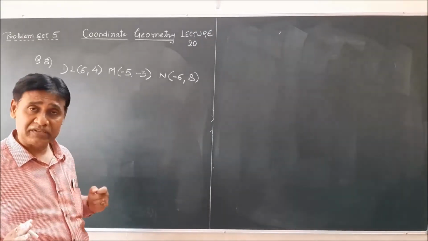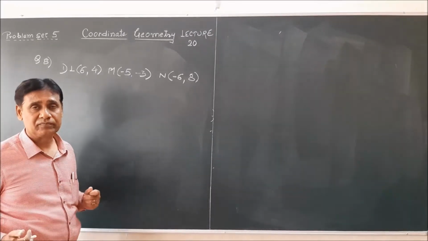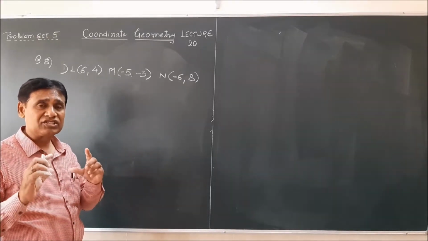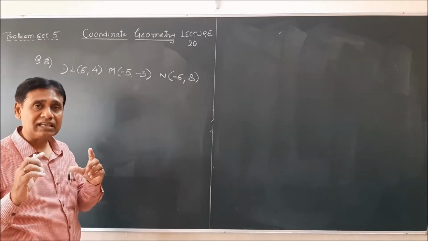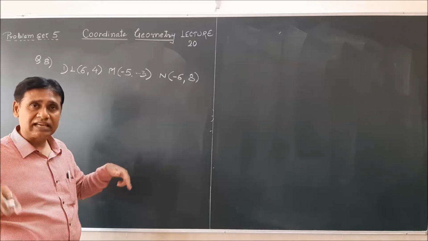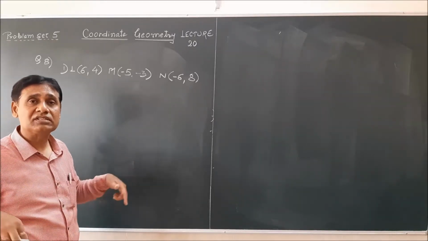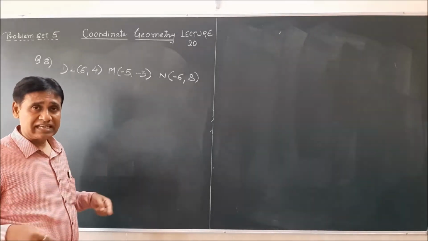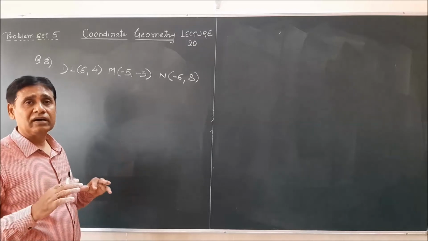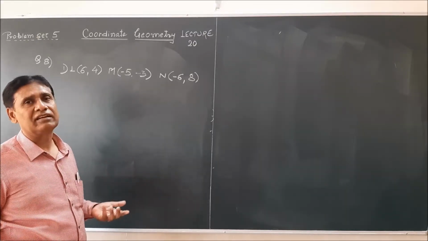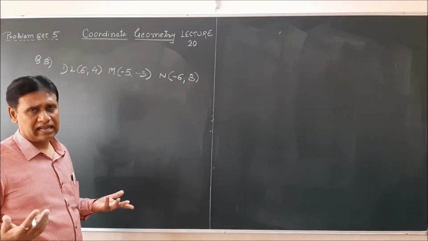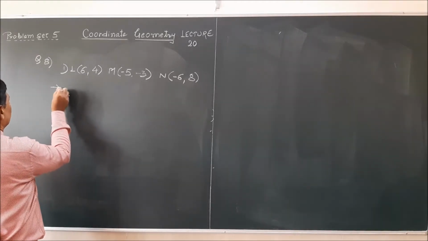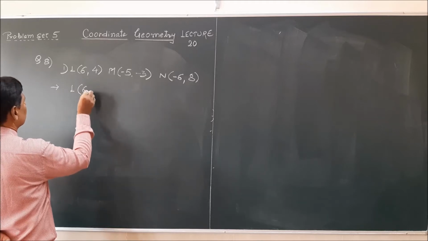The next step is we have to decide, on the basis of lengths of sides of the triangle, what type of triangle it is. If all three sides are of different length, by using the distance formula, the triangle will be scalene. If all sides are the same, that will be an equilateral triangle. Let's see now. So first of all, I am going to find out slope of LM, with L (6, 4),